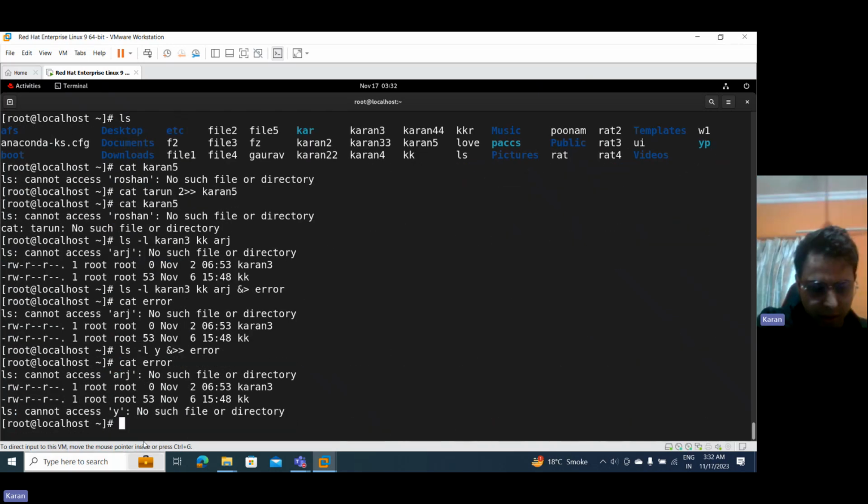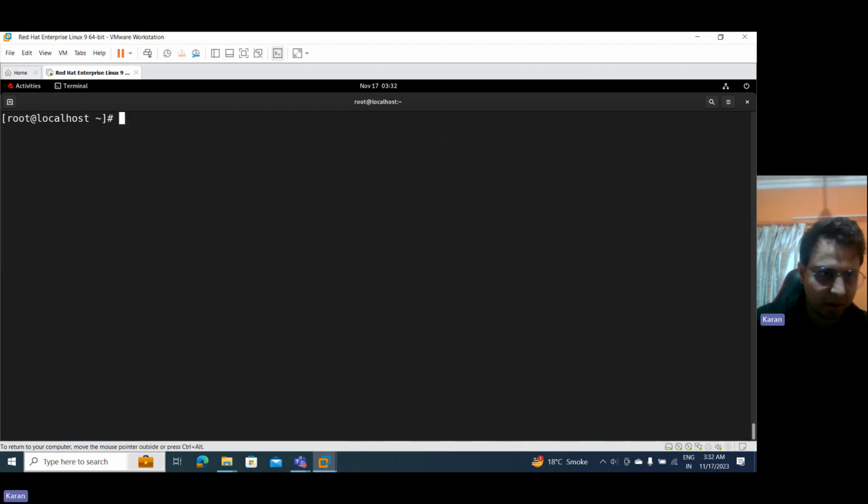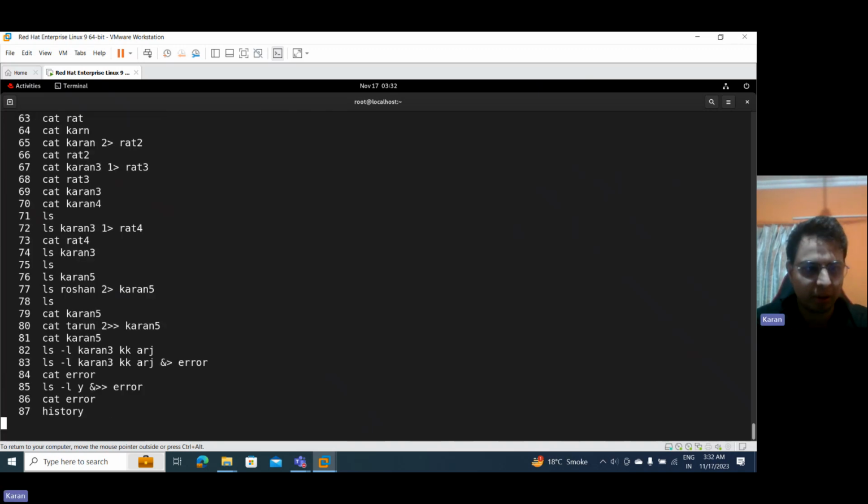So let's do Control L to get a new page, just a scrolled page that we can get from here. Let's see what commands we have run so far. All right. So input output we have covered, and